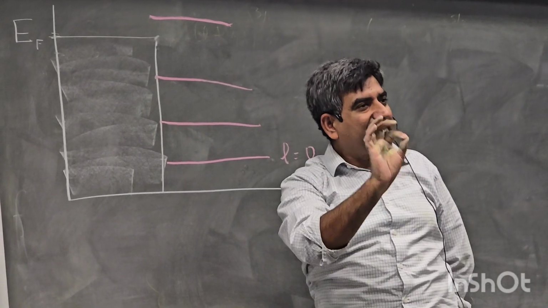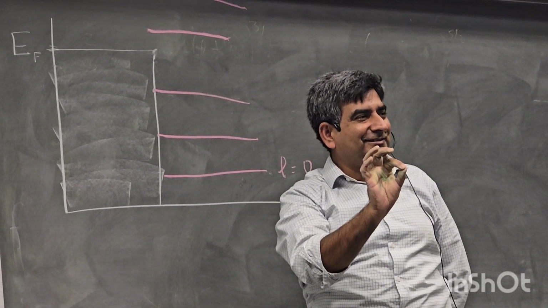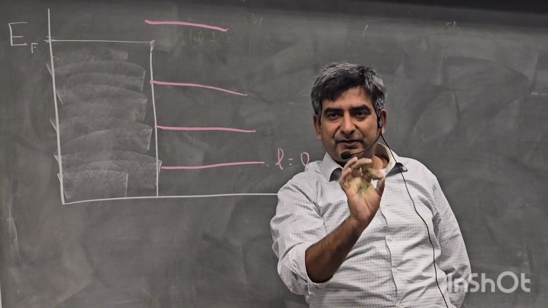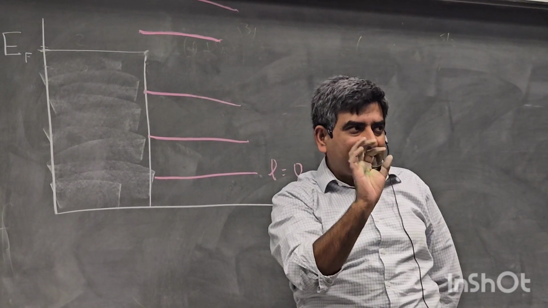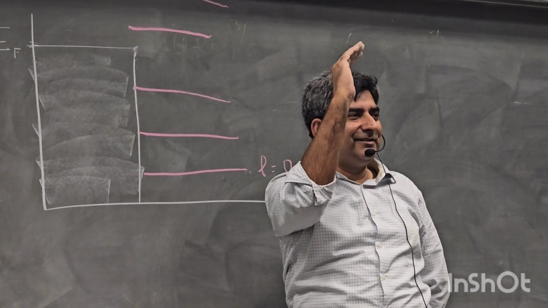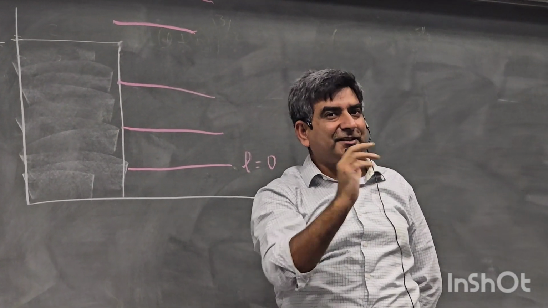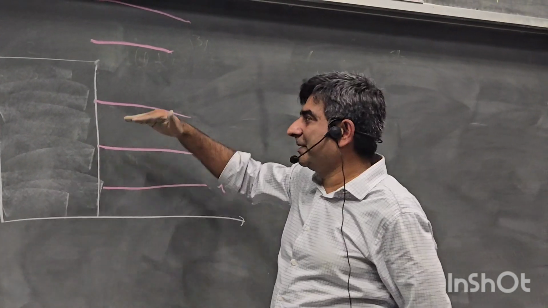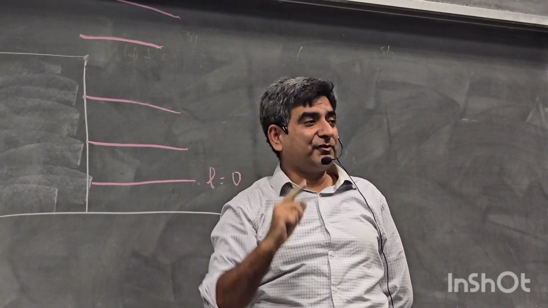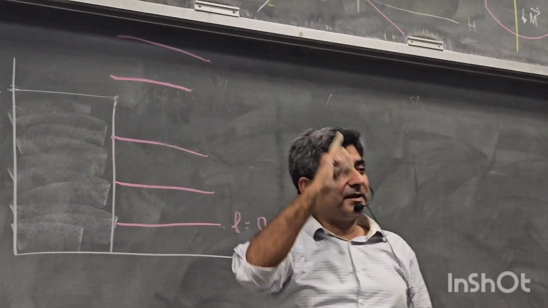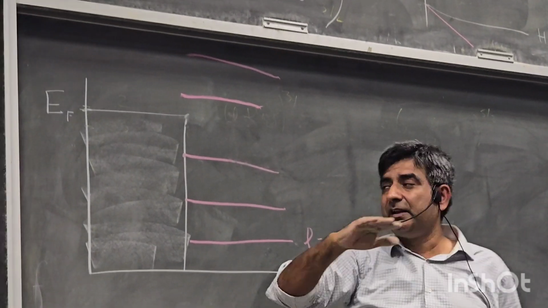At that value of x naught, which is EF over h bar omega c, there is a spike. Whenever EF touches an h bar omega c Landau level, there is a spike in the density of states. There is a spike in the magnetization, etc. So